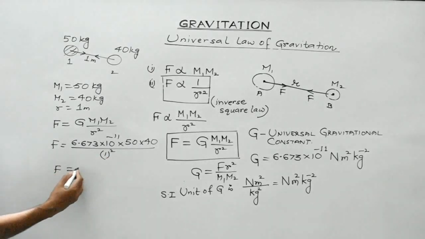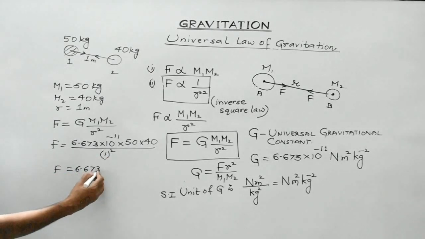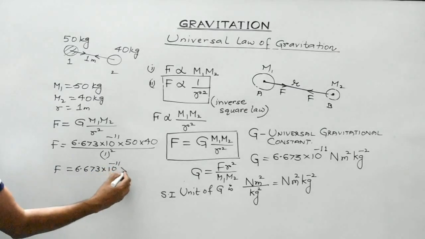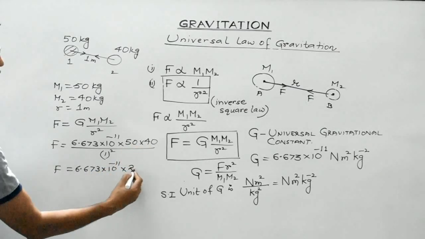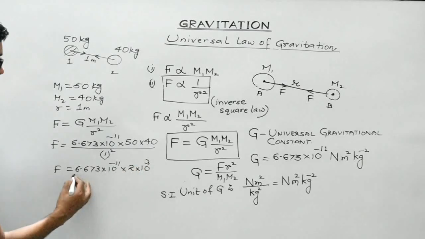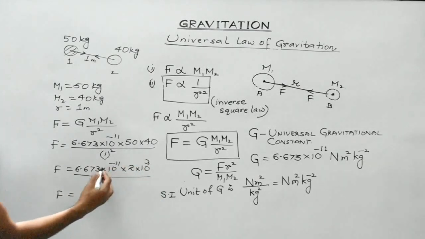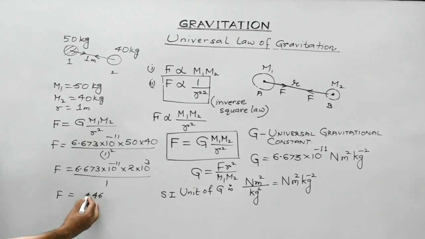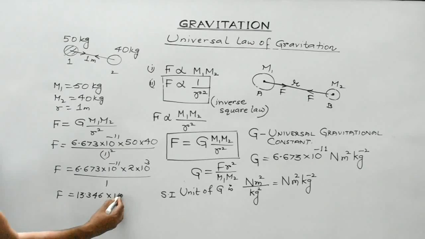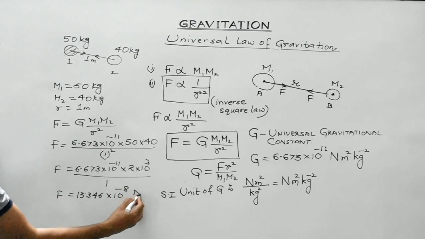So what do you get? 6.673 into 10 raised to minus 11 into 50 times 40, which is 2 into 10 raised to 3. Divided by 1 square will give us 1. So that will give us